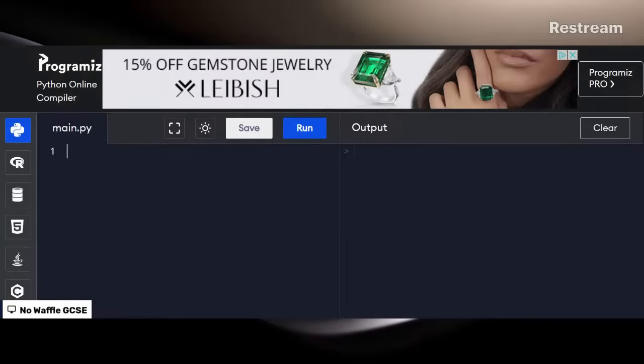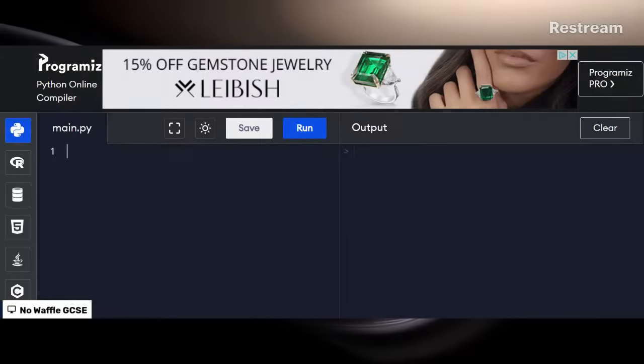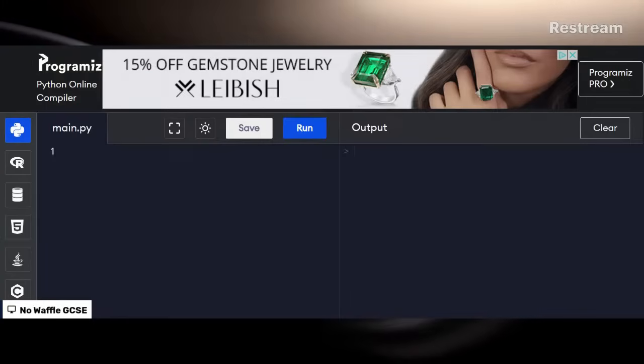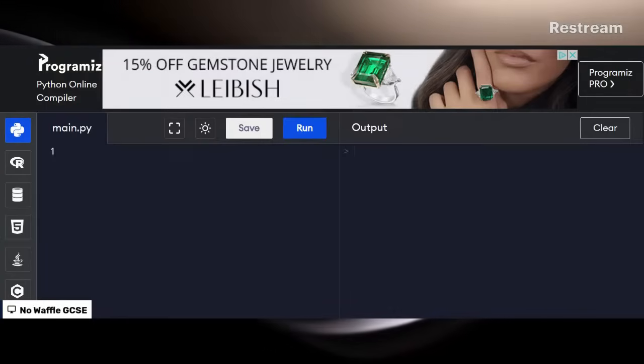Now, in this case, we're looking at CSV files. So what we're going to do,